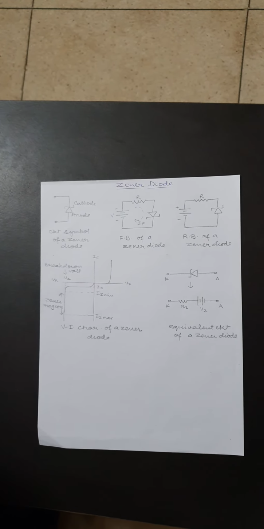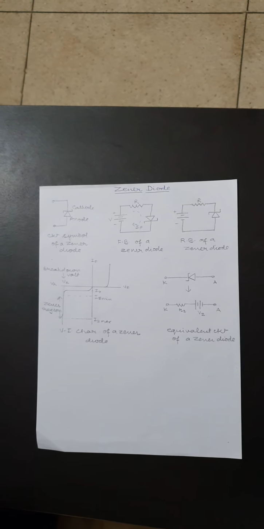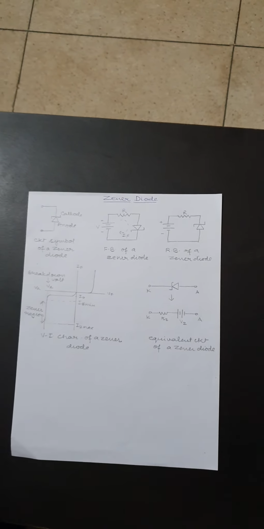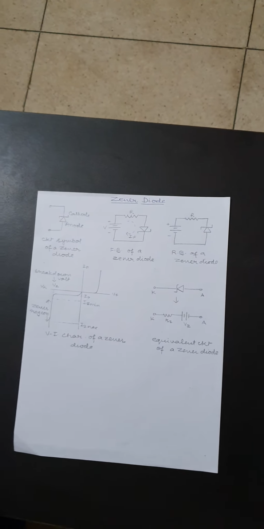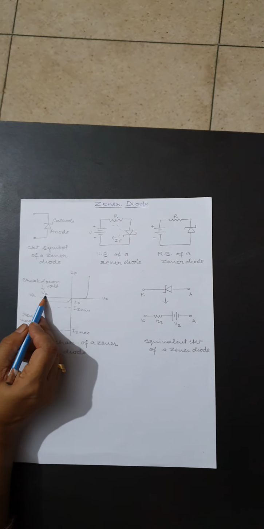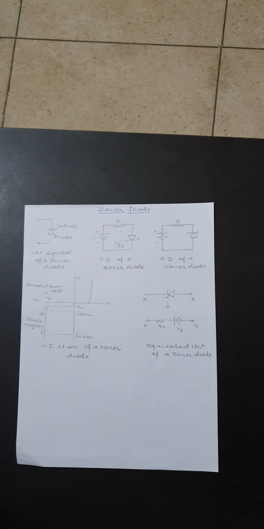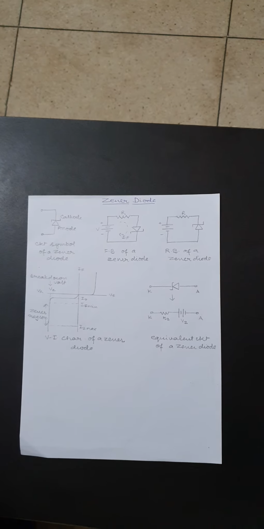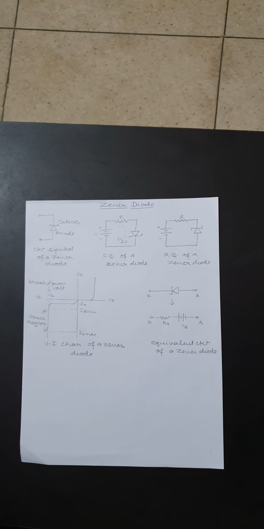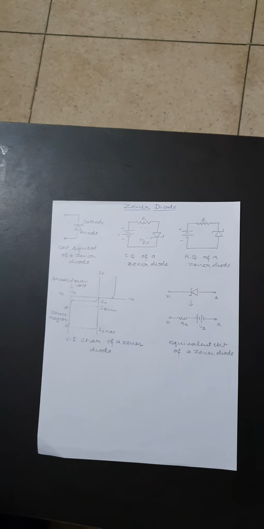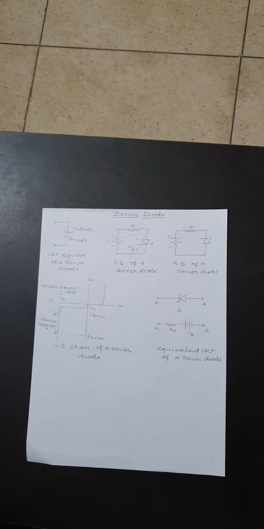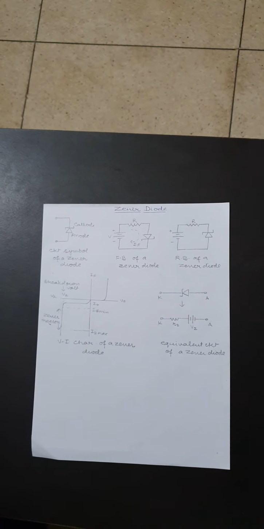At a certain value of reverse voltage, the reverse current will increase suddenly and sharply, and this is the indication that the breakdown has occurred. This breakdown voltage is known as Zener breakdown voltage or Zener voltage, and it is denoted by Vz. The value of Vz can be precisely controlled by controlling the doping level of P and N region at the time of manufacturing a Zener diode. After breakdown has occurred, the voltage across Zener diode remains constant, equal to the Vz.